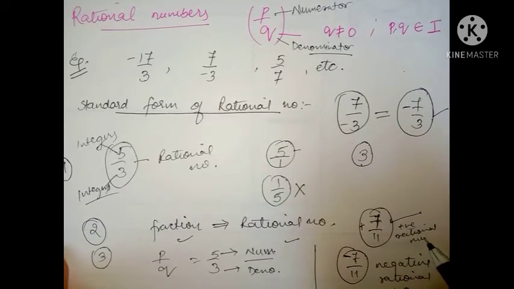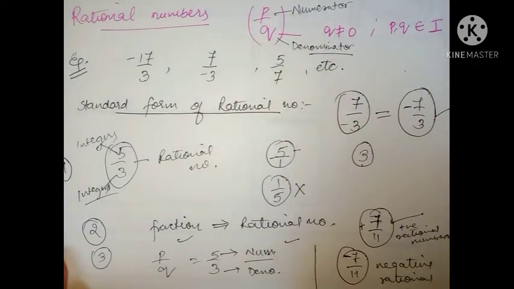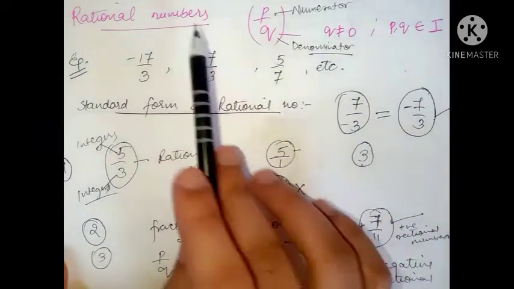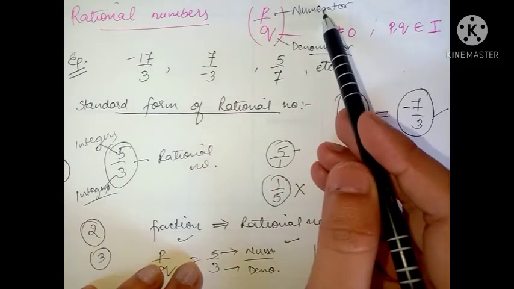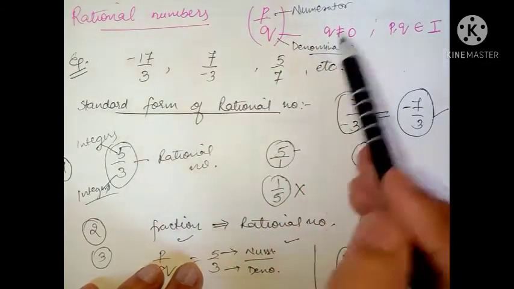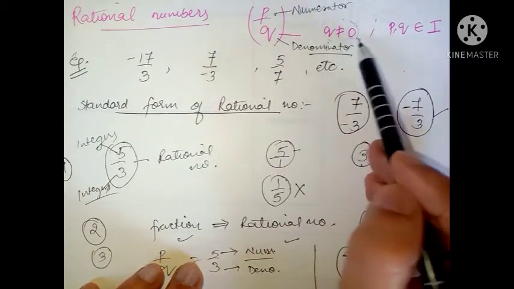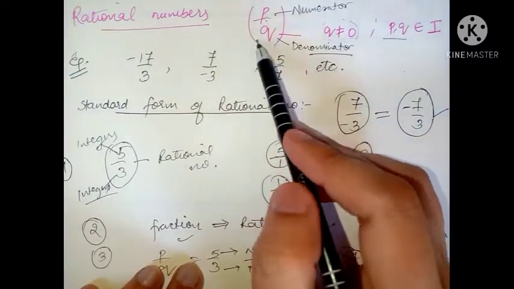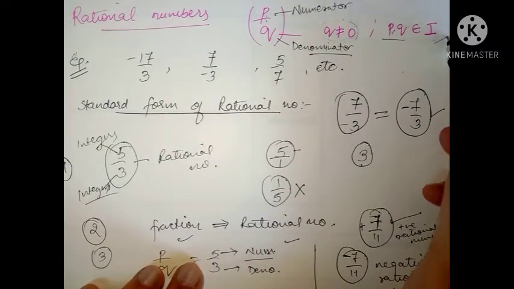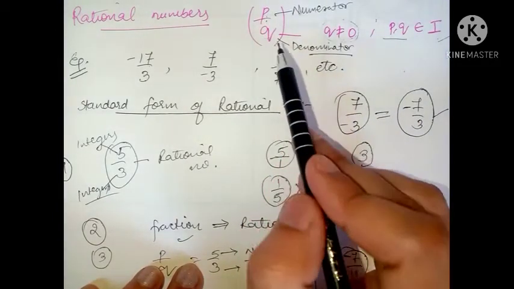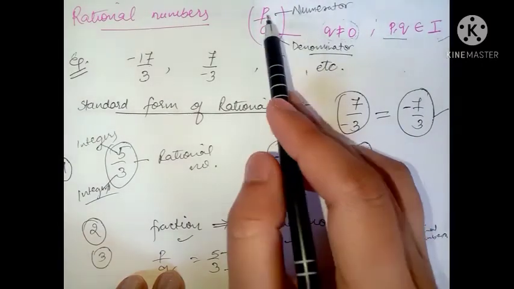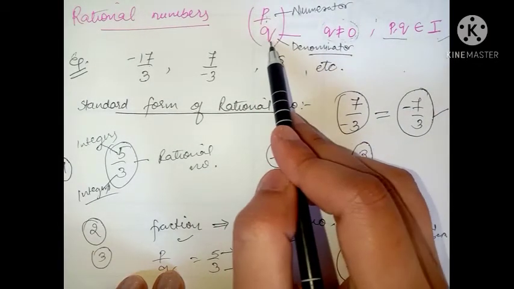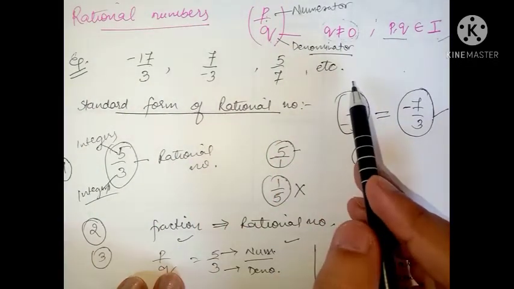These are very minute things which you need to recall once and keep in your mind always. So what we have studied so far, let's take a short review of what rational numbers are. Rational numbers are of p upon q form, where p is the numerator and q is the denominator, where q or denominator can never be 0. And these numbers are brought from the set of integers, that is, p and q both are integers. These can take negative values, these can take positive values, and it can be 0 also, but this can never be 0.